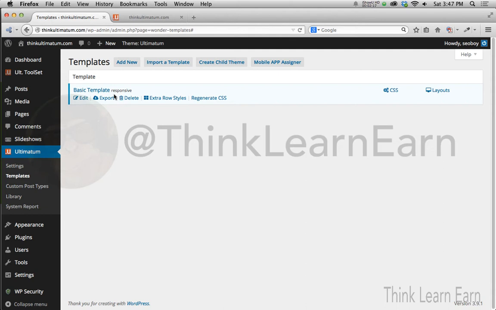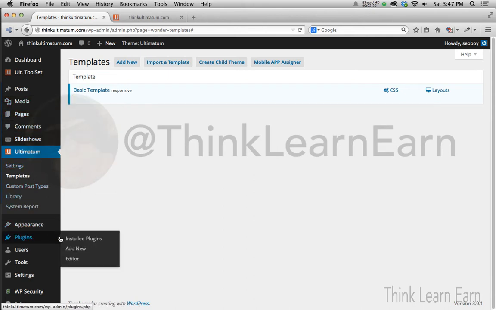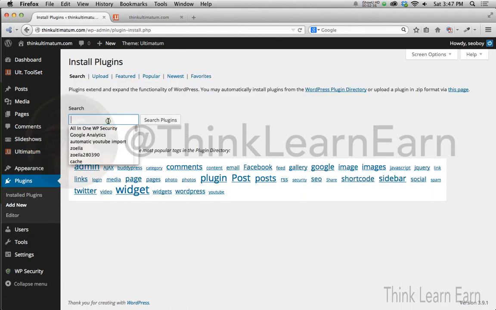Now, what I want to share with you is a really cool plugin so that we're not going to have to jump through hoops and type in X's and O's, and I don't want you to copy and paste. There's a plugin that will do this for you. So what I want to do from here is go into my plugins, and once I get into plugins, I'm going to add new plugins. Now, you can do this one of two ways. You can type in Lorem Ipsum, or you can type in